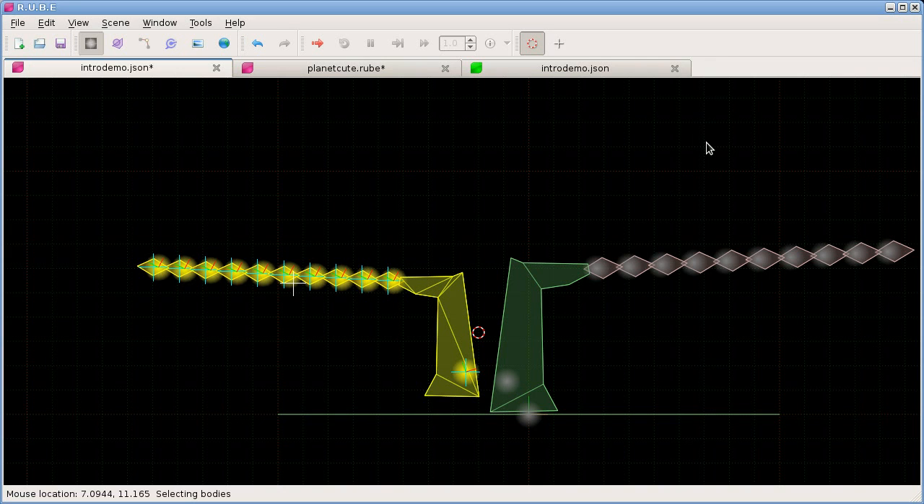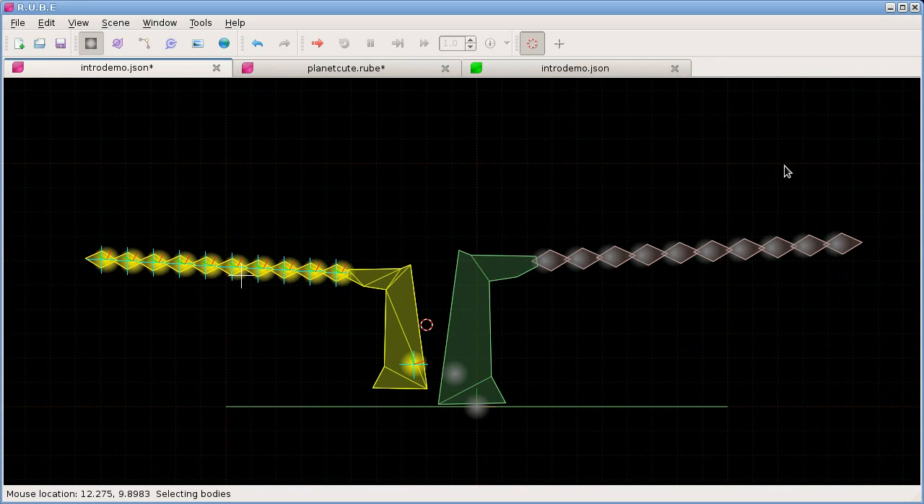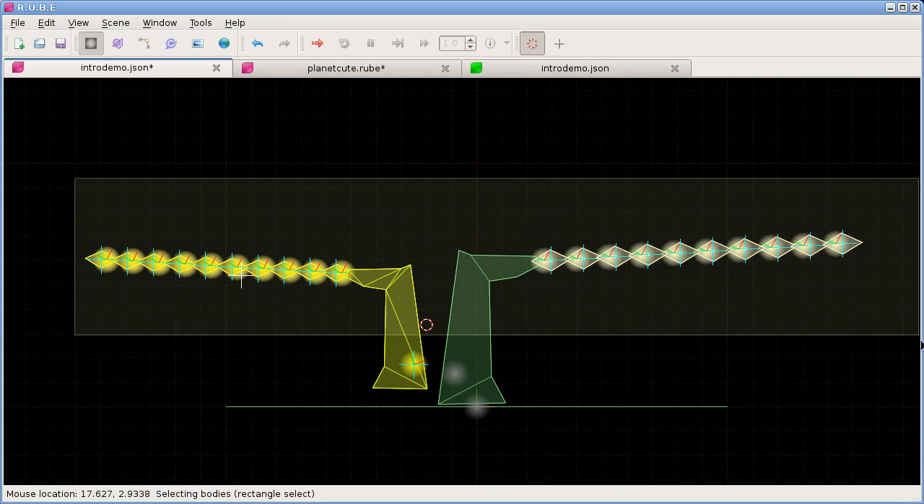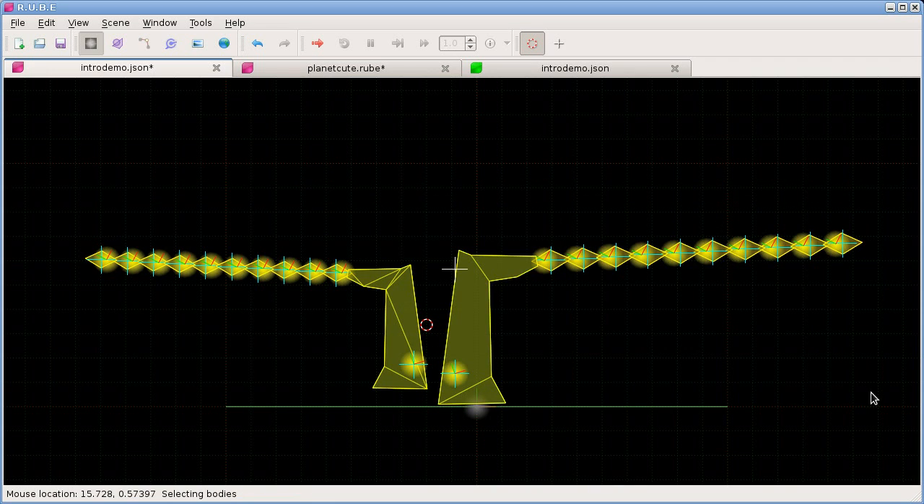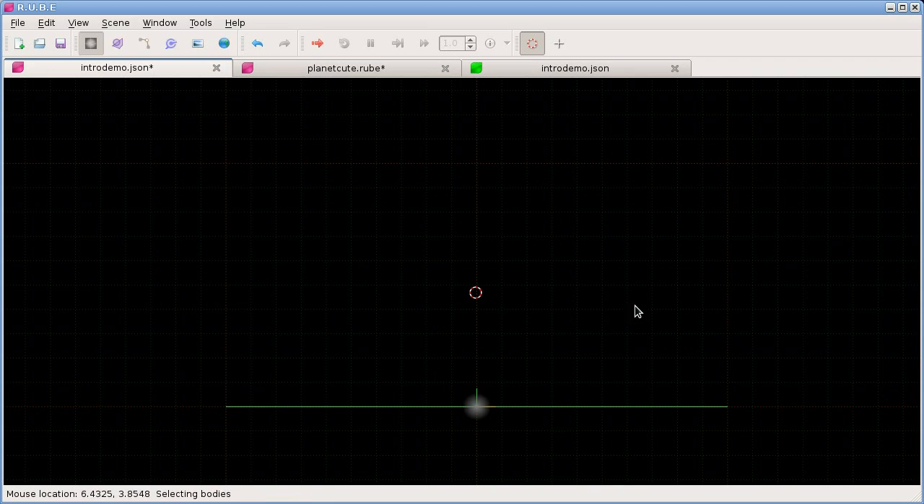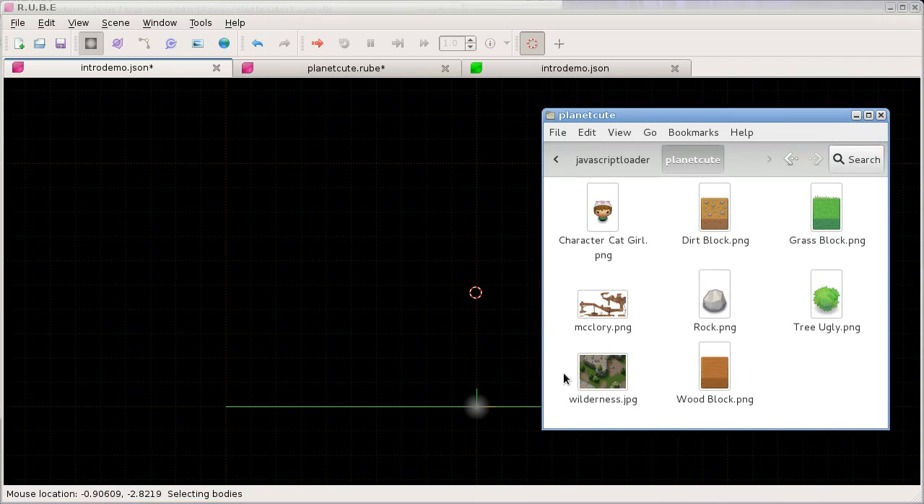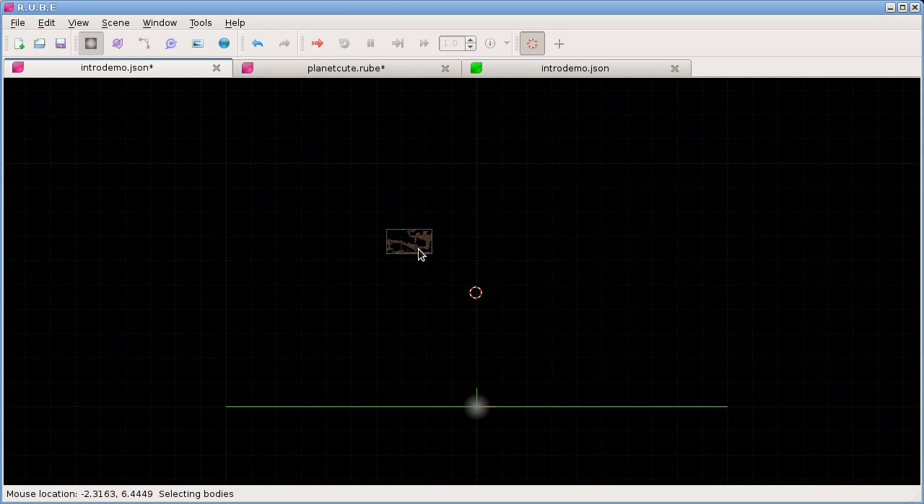Another thing that is very important to have is the ability to incorporate images in your scene. So the way it's done in R.U.B.E is there's two main types of images, backing images and images that get attached to bodies. So I think I'm just going to get rid of all of this now, and let's have a look at what we have here. Okay, so a backing image would be something like this, where you